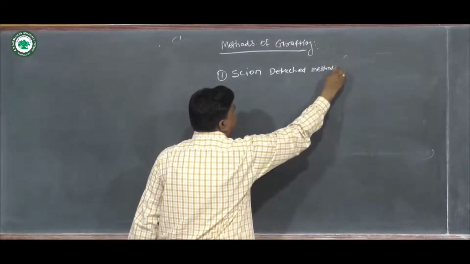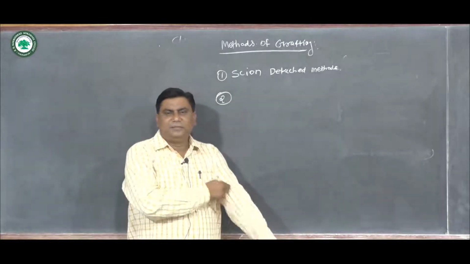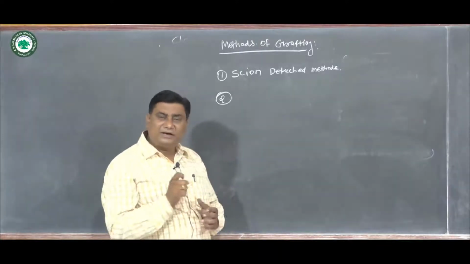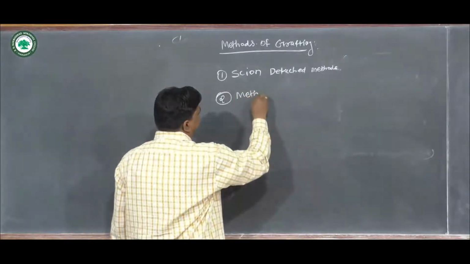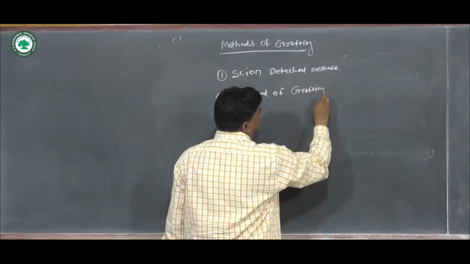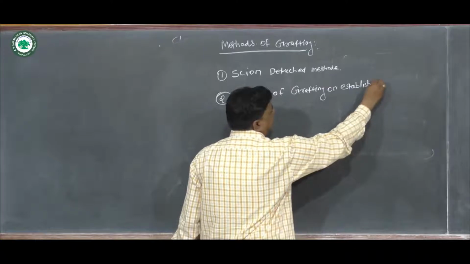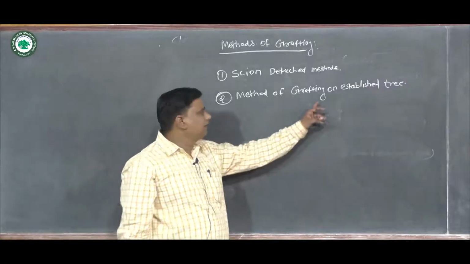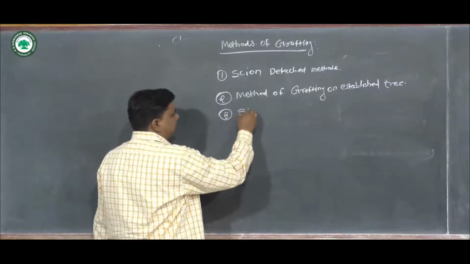Method or method. Then the second principle followed is the method of grafting on established tree. Method of grafting on established tree. And the third one is what? Scion